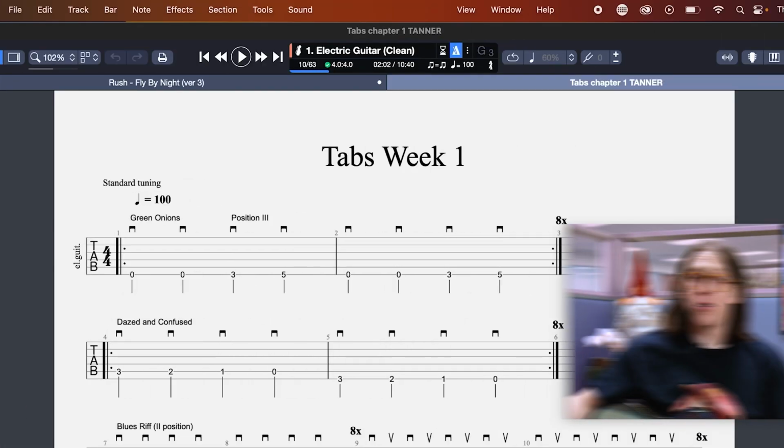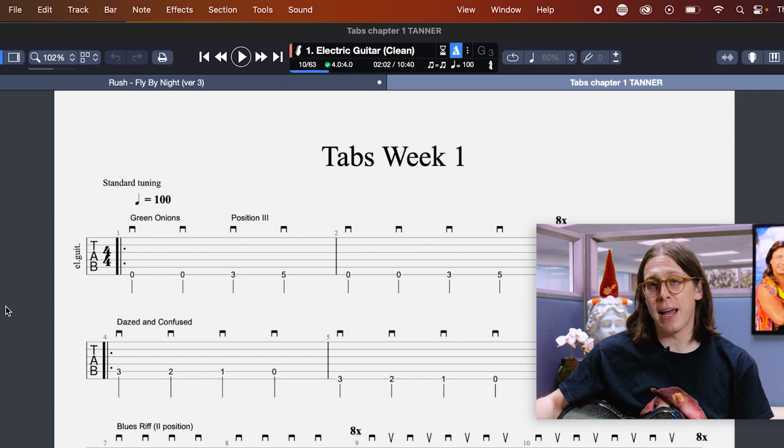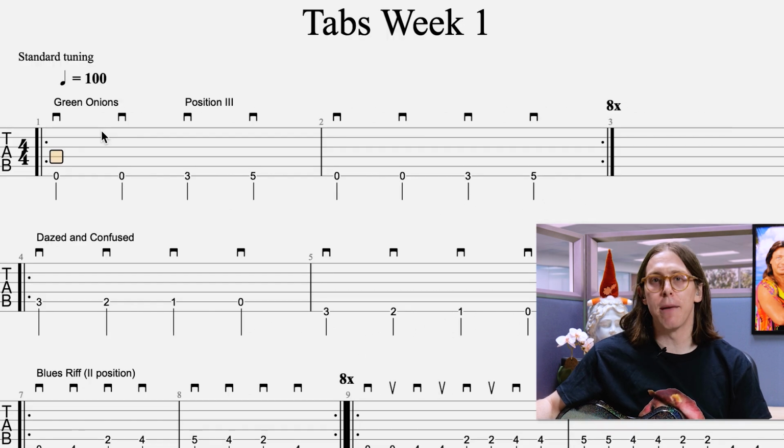Some basic controls of Guitar Pro. Wherever you click, that's gonna be essentially your playhead, as if you're in a DAW. And then your space bar is your start and stop. So if I'm playing my tabs week 1 from a Hal Leonard book and I hit my space bar,